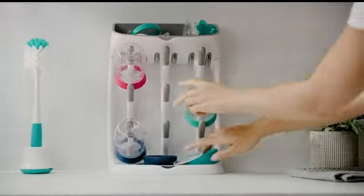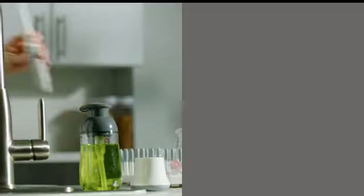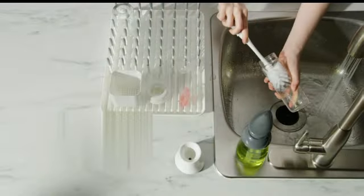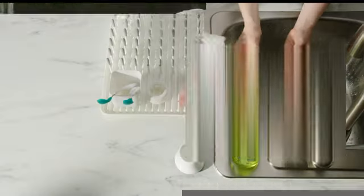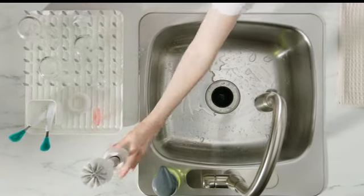What sets the Munchkin® Sponge™ Bottle Brush apart is its versatility. Not only can it effectively clean bottles, but it is also designed to be used in dishwashers. This feature is highly convenient for busy parents who need to clean multiple bottles at once or have limited time for manual washing. With the Munchkin® Sponge™ Bottle Brush, you can confidently